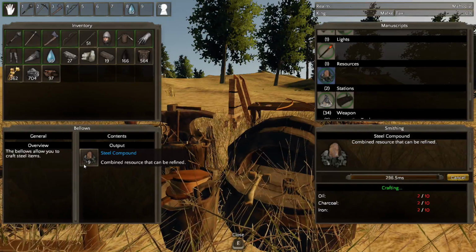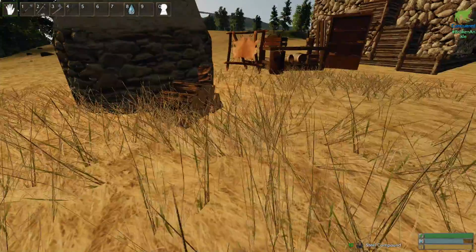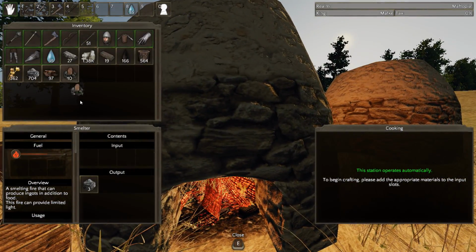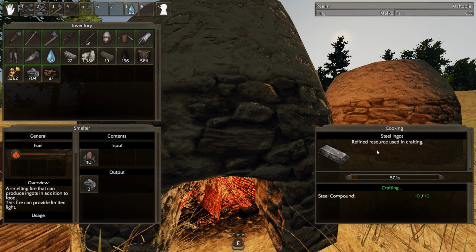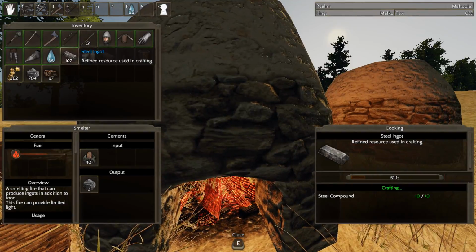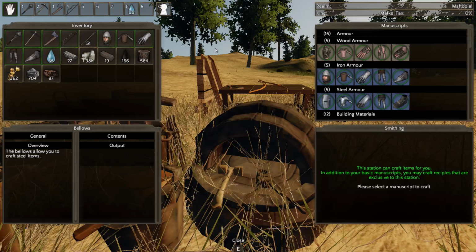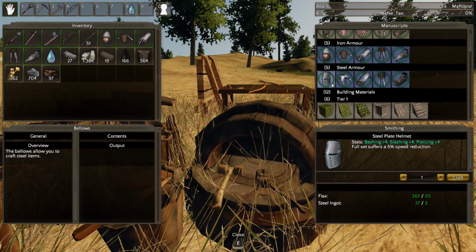Once you have 10, you put them in your inventory. You go to your smelter, and you can place them in your smelter. Now they will take 1 minute to cook into a steel ingot. Once you have a steel ingot, you get something as fancy as this up there. Once you have steel ingots, you can go to your anvil and either decide, hey, I'm gonna make some steel